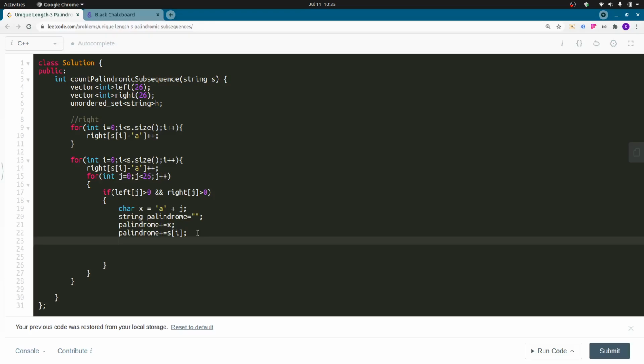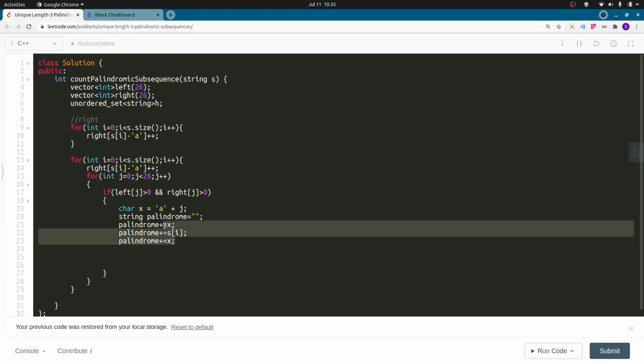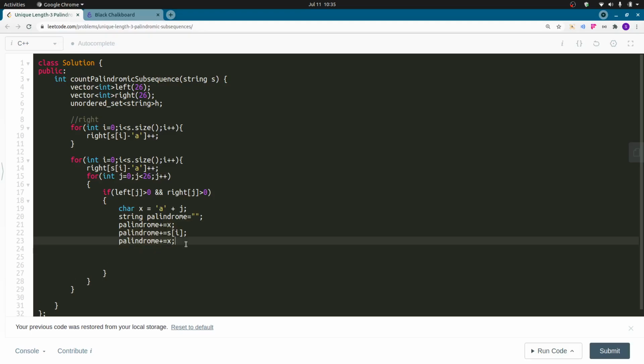I'm writing this because I am coding after a really long time. This is my first question in a couple of months. I don't know what happened, but there was an error coming when I was writing this x plus s[i] plus x. I really was not able to figure it out. So if you can figure it out, please write in the comments.